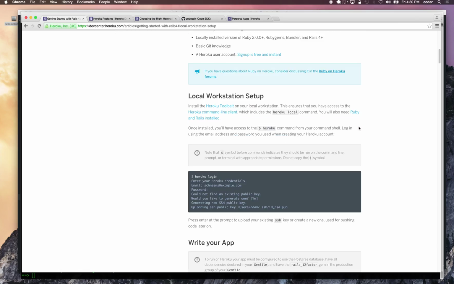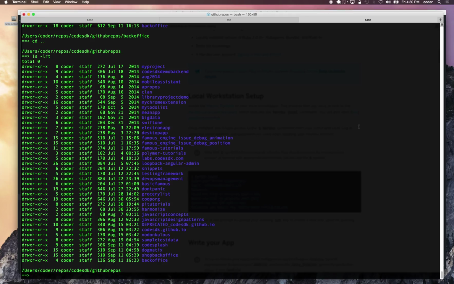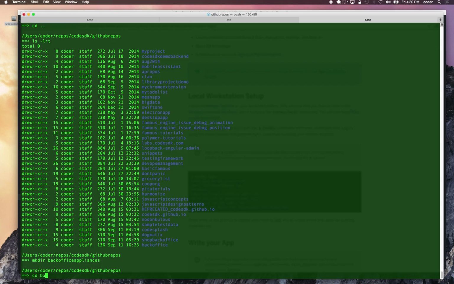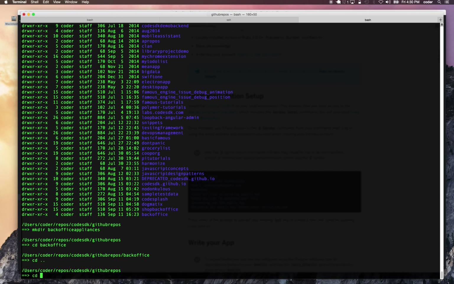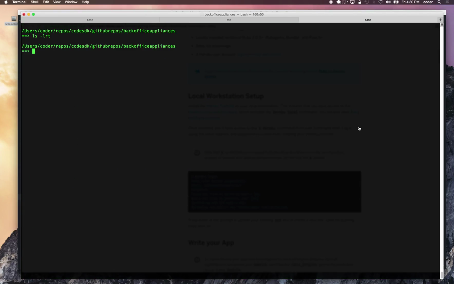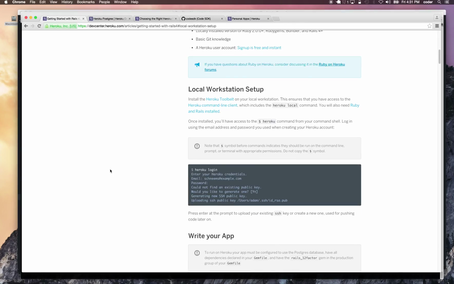So the first thing to do is to go to your terminal and, well, actually, let's create a folder for our application. We'll call it back office appliances. So cd to back office appliances, and let's log into Heroku. So say heroku login. So once you're authenticated, you can go to